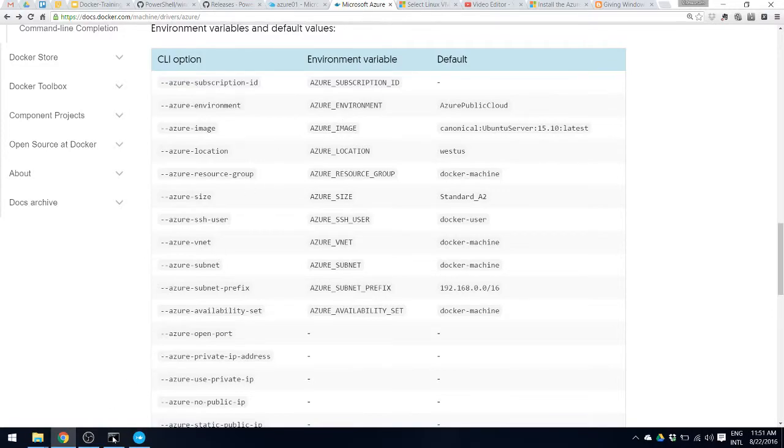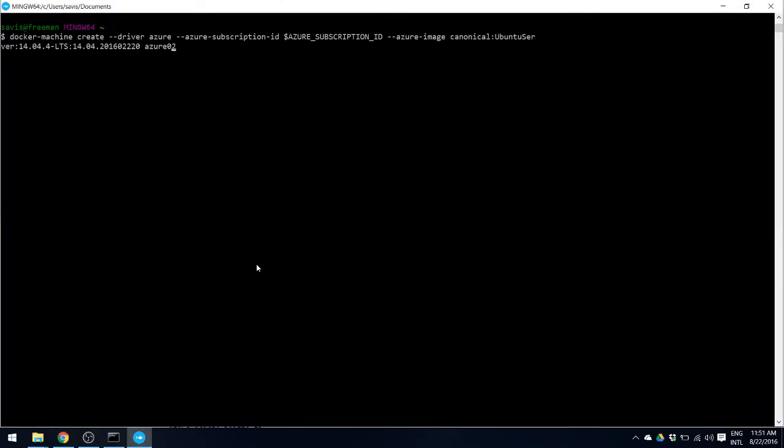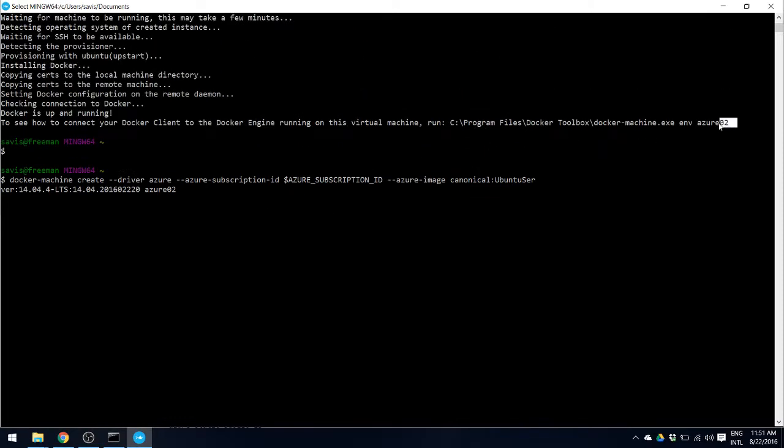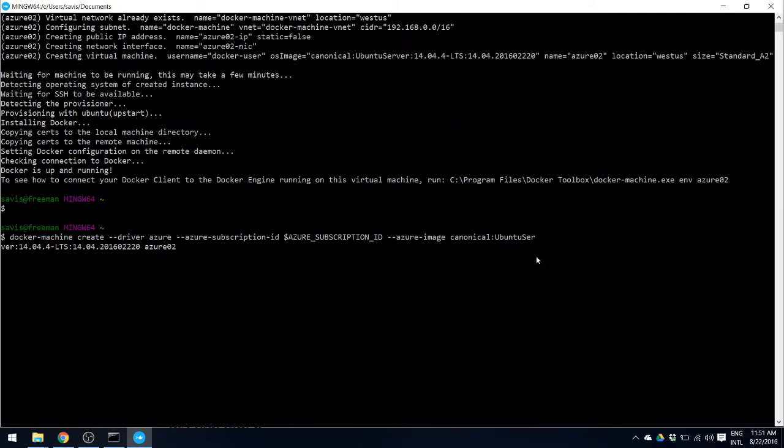Let's try this out. I'm going to create the same machine that I created previously, which by the way, I've already created as Azure 02. Okay, I'm going to create a machine called, let me just type this again. Canonical Ubuntu server 14.04 LTS latest.